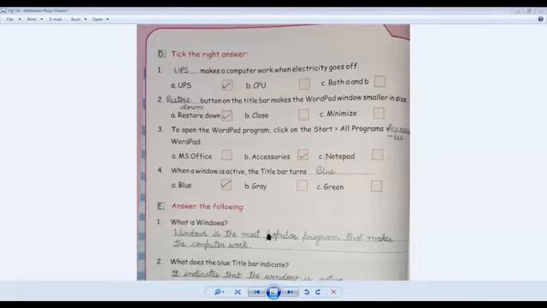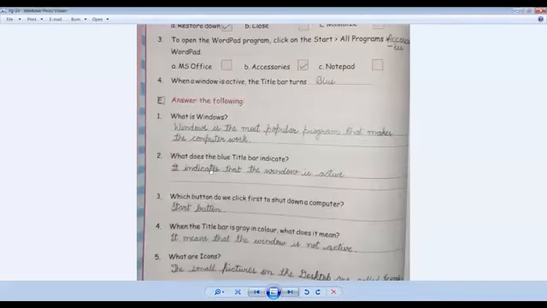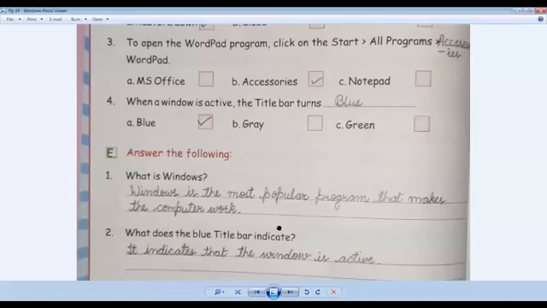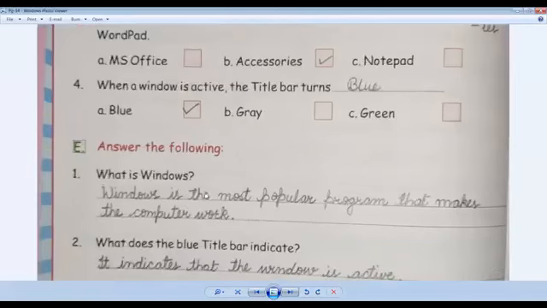Copied? Very good. Now this is your question. First question is, what is Windows? So the answer is, Windows is the most popular program that makes the computer work.